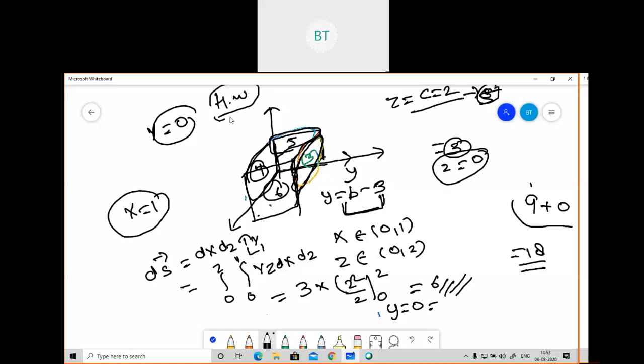You complete these questions, and after that we'll see in the next class. Like how I have solved the first, second, third part, the same thing you need to apply for the fourth, fifth and sixth part. And after solving this, you just need to add those values. Whatever value you get for volume integration as 18, the surface integration will definitely come 18. When both values are equal, we can verify the divergence theorem easily. So we'll write that the divergence theorem is easily verified because the surface integration of the function is equal to the volume integration of the function.